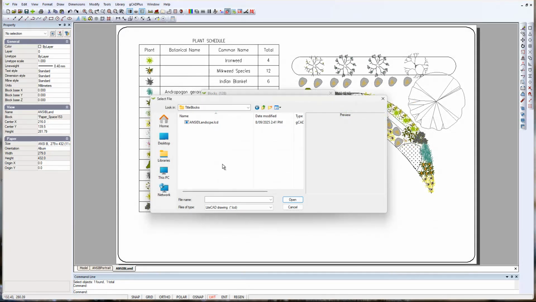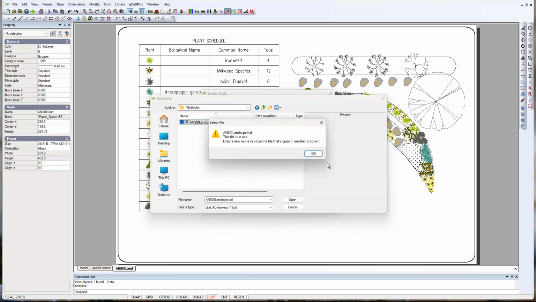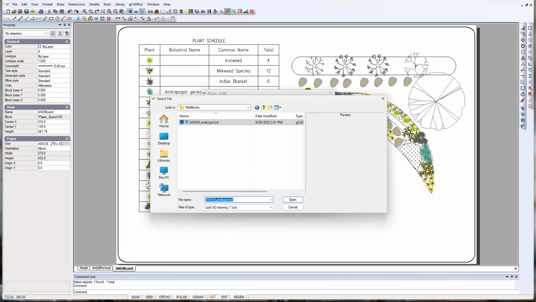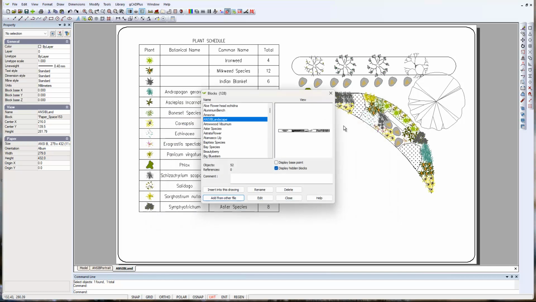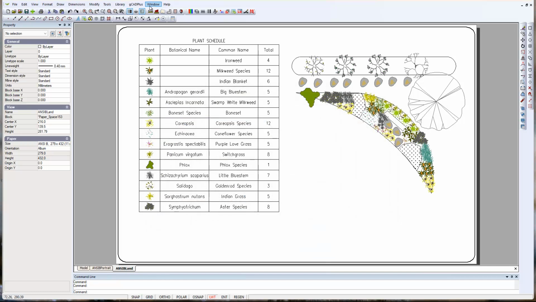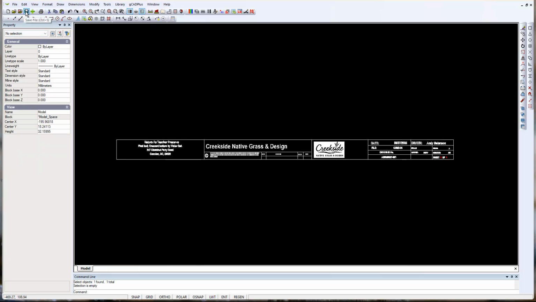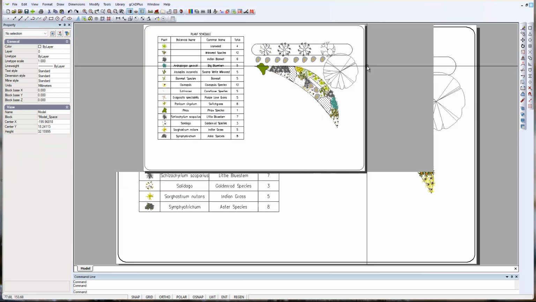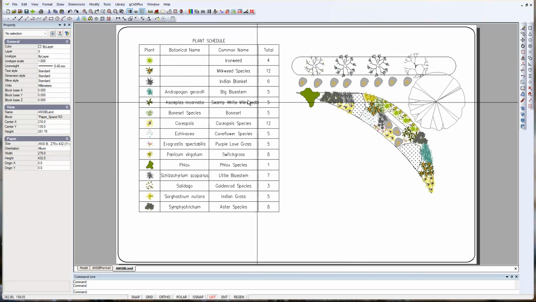So I've removed that title block, navigated my way to the folder containing a new block, and we'll click it. Sorry, it's in use in another program. We've got a copy of it running, haven't we? We need to come here and just save it. It's now saved away in our common folder. We'll try that. Blocks again